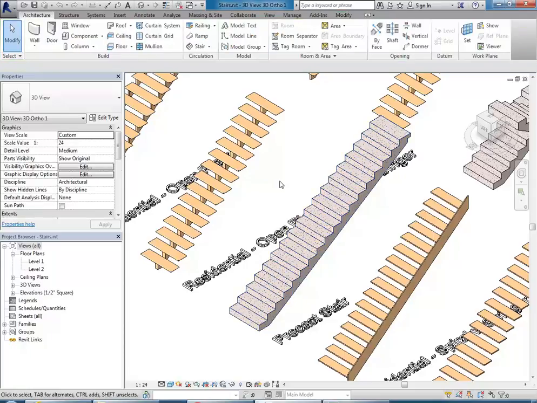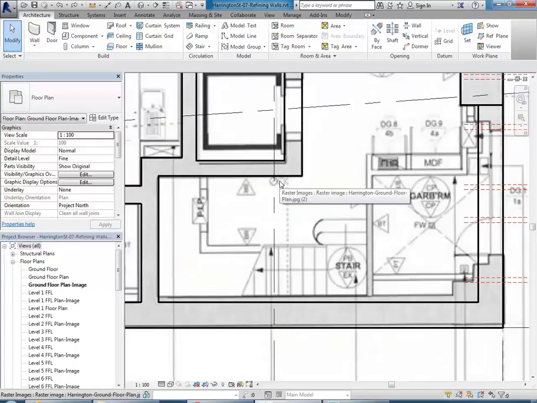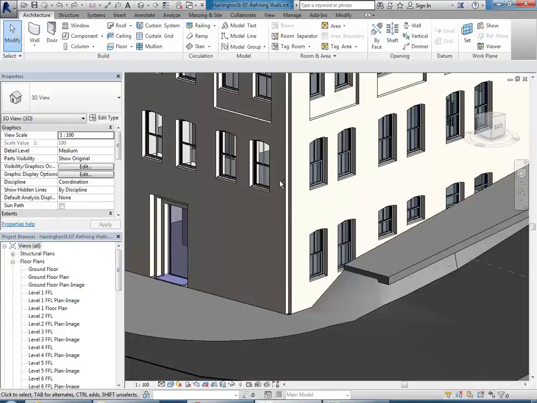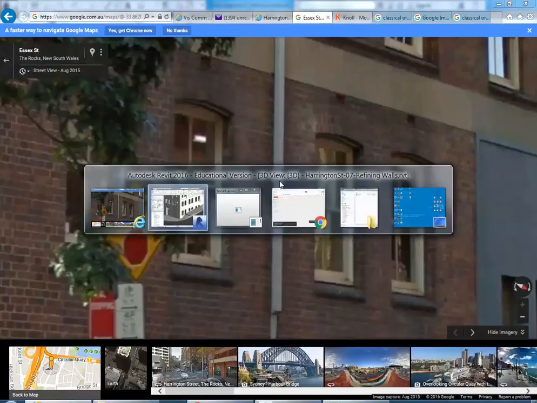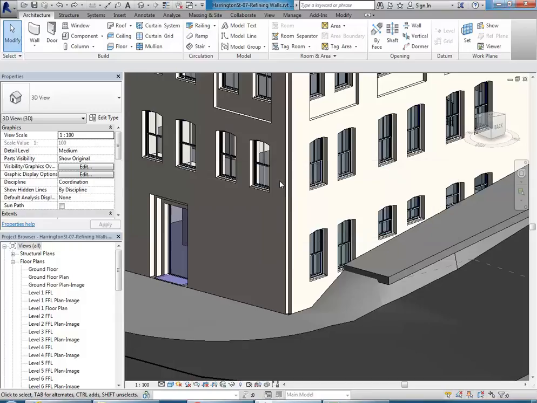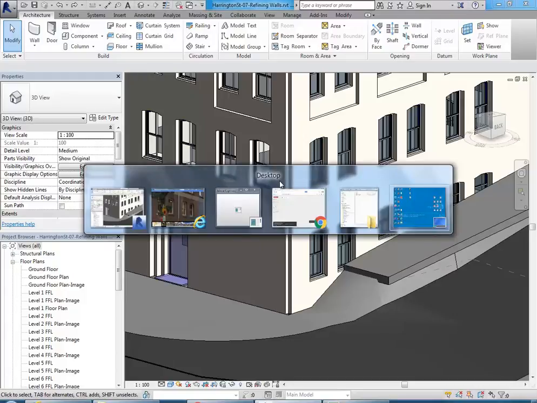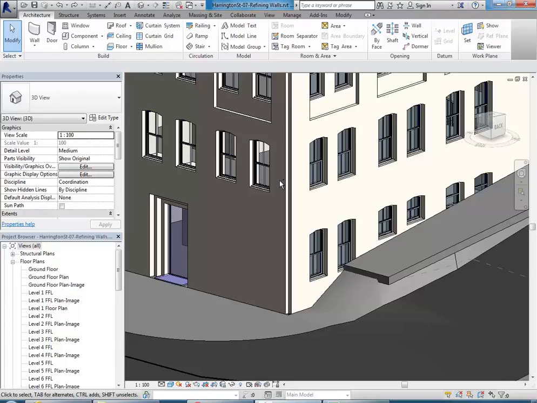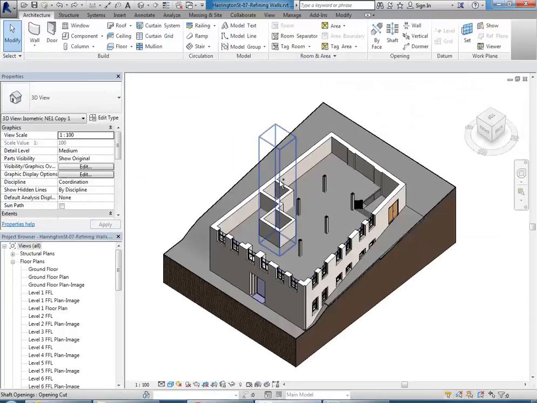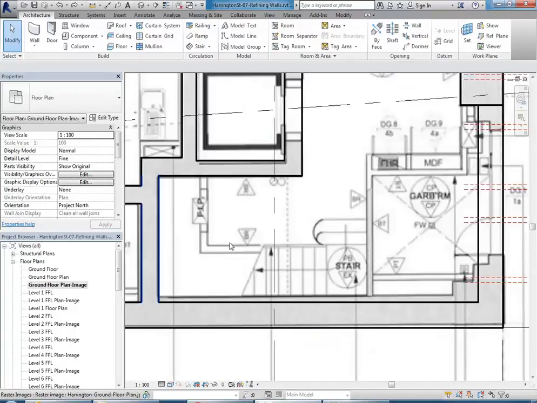I'm going to use the shortcut Control-Tab to switch back to my other project. So if you don't know, Control-Tab switches in Windows usually between files within a program, and then Alt-Tab switches between programs. So Alt-Tab to go back and forth between, say, Revit and Internet Explorer, and then Control-Tab to switch files within Revit. So I'm going to go to my plan,